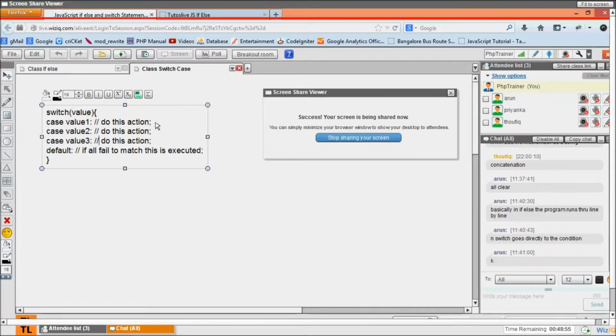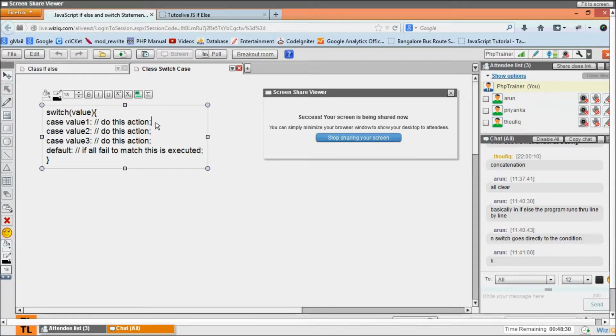So if suppose for instance the value is matched to value 2, let's say, so this particular code is executed and it does not come out of it. Unlike in if else, where the condition is matched, it stops at that condition and jumps out of the if else ladder, right? But in case of switch, it does not happen like that. We have to manually terminate that flow.